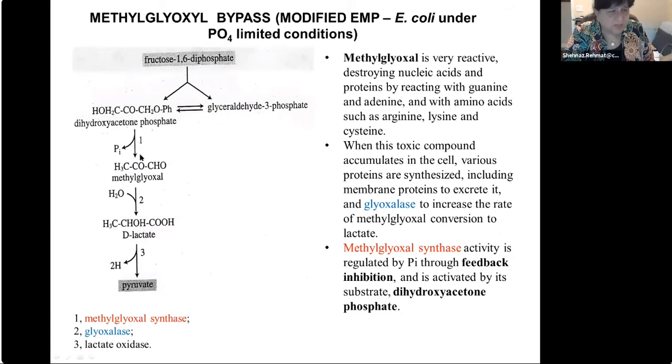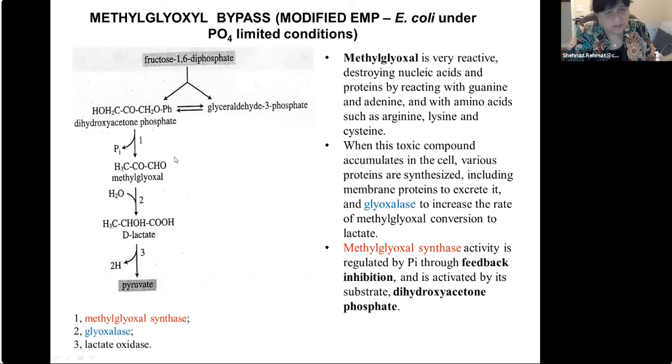So the methylglyoxal pathway uses an enzyme called methylglyoxal synthase that will actually liberate the phosphate. So it is actually releasing an inorganic phosphate. In your regular pathway, you were incorporating an inorganic phosphate. So actually it is releasing the inorganic phosphate in this case, and you come up with a compound which is